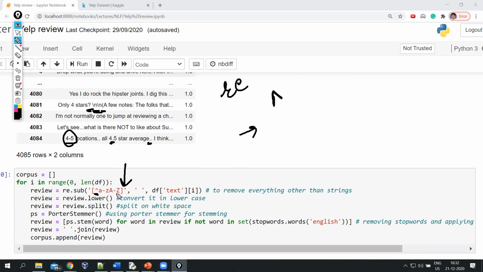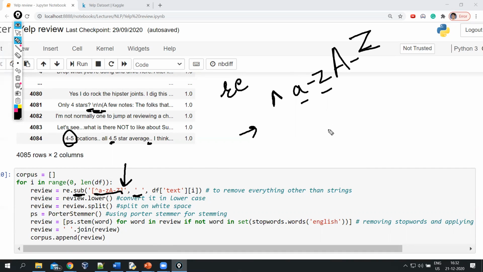And this is the range defined: from small a to small z and capital A to capital Z. So it states that any word starting with small a, b, c, d, e up to small z, or capital A up to capital Z, you just keep that word. If the word is starting with this range, keep it. Else, if there is something other than this, you substitute it. I have used a substitute function here to substitute it with a blank space.